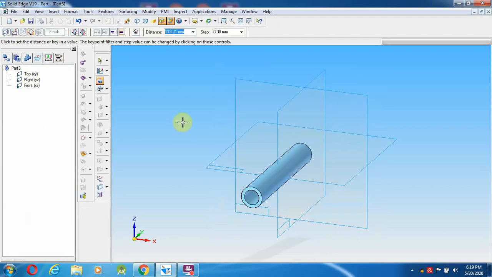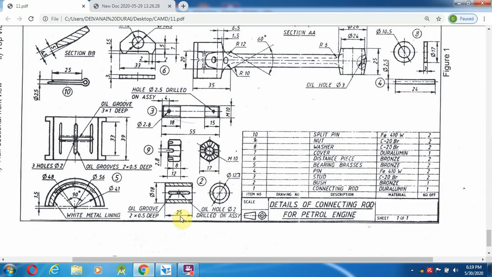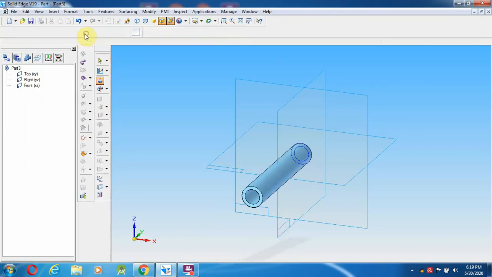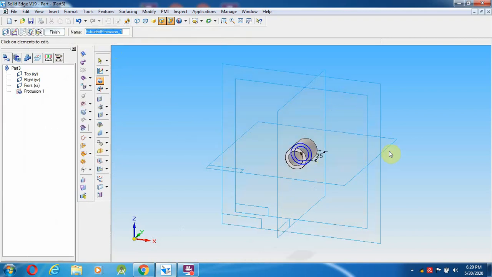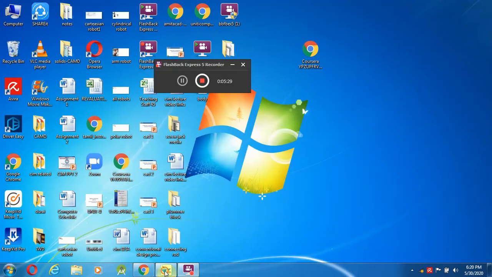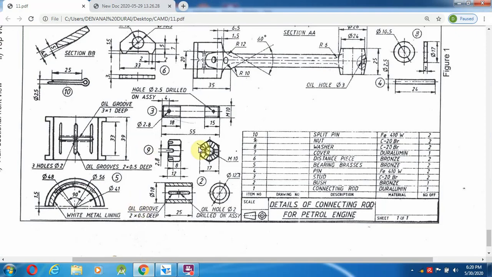How many mm does it have to go? Depth is 25 mm. Taking a mirror extent, I'm going to give a 25 mm distance. After creating this 25 mm distance, what happens? Only one side comes as a cut.